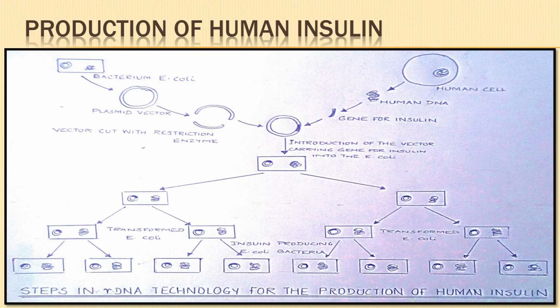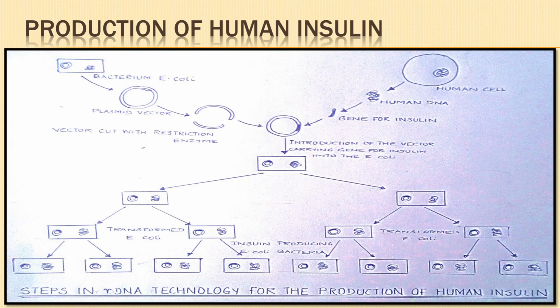Human DNA is removed from human cell and is cut with the restriction enzyme. A plasmid from E. coli is used as a vector. This is also cut with the restriction enzyme. The gene for insulin taken from human cell is inserted into the vector DNA. The vector carrying gene for insulin is introduced into the